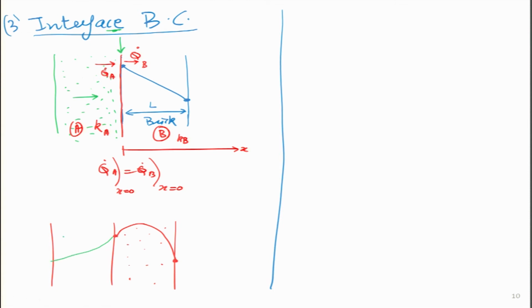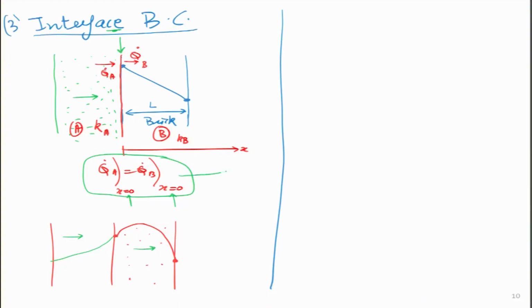Which means that q dot is not the same throughout over here and here, but nature always tells us that at the interface it has to be the same. And how do I make sure I am communicating to everyone that it is the interface? I am putting the value of x, that both these things are true only when x equals 0, because x equals 0 is the interface between these two walls. I hope you get the point nicely, which means now I can write what q dot A is. It is simply minus K A del T del x at x equals 0.